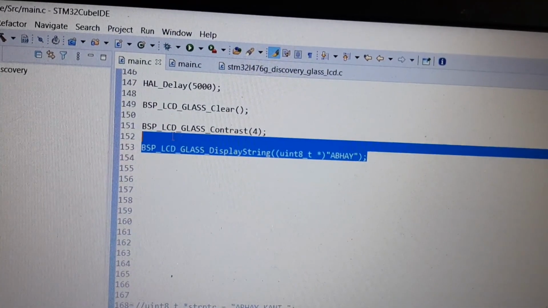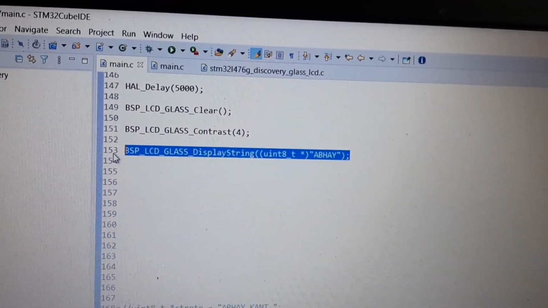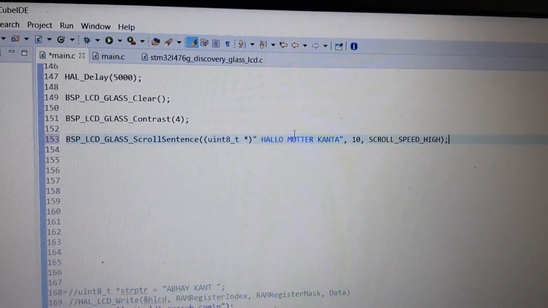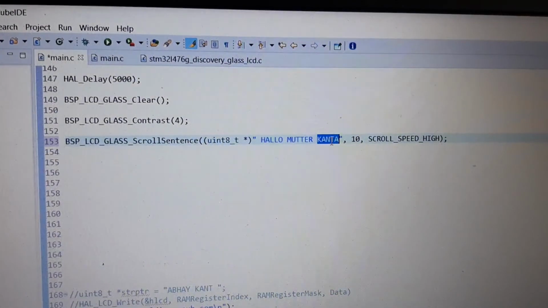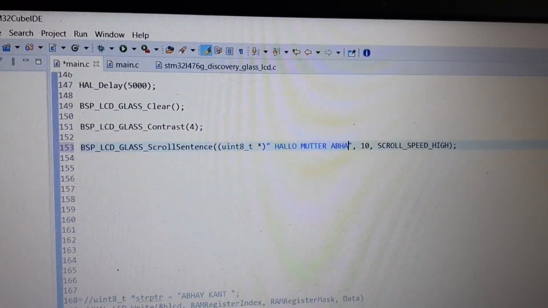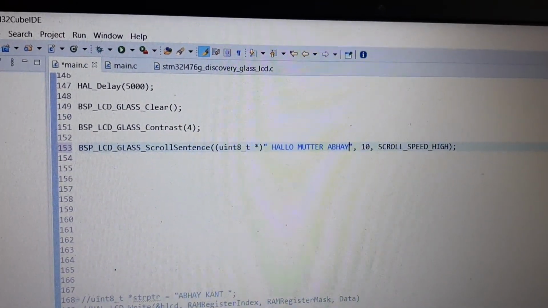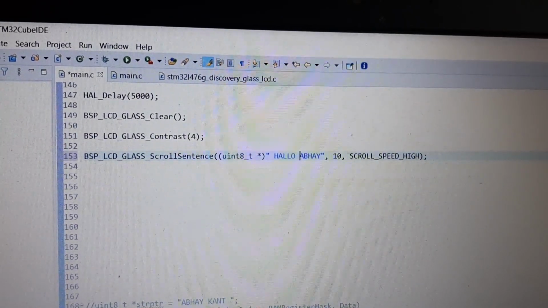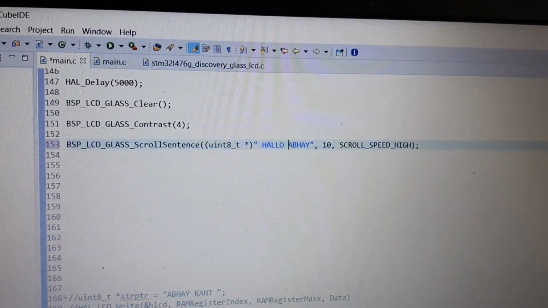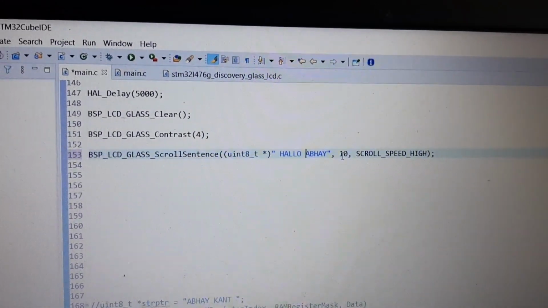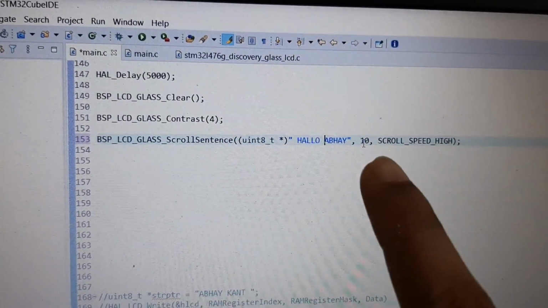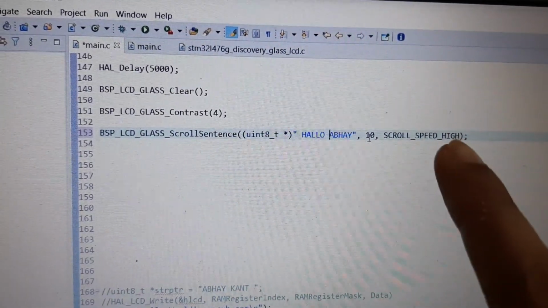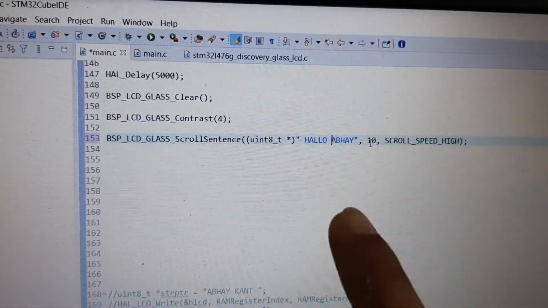I will now change this display string function to glass scroll. First is the message itself, then how many times the message is going to be repeated, and then the speed of the scroll.